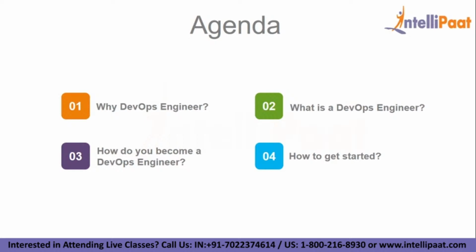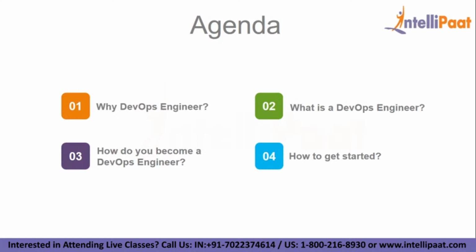And then we're going to move on and understand what a DevOps engineer role is exactly. Once you're done with that, we'll talk about how you become a DevOps engineer. Once you've understood that there is demand, and what a DevOps engineer is exactly, I'll tell you how to become one, what all things you have to learn, and what all things you have to make sure that you do. And towards the end, I'll also cover how to get started. Once I've listed down all the things that you have to do, I'll give you a plan as to how you should go about executing it. So let's start the journey, guys.